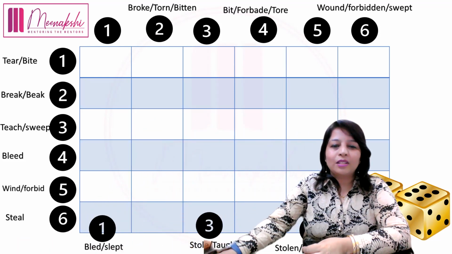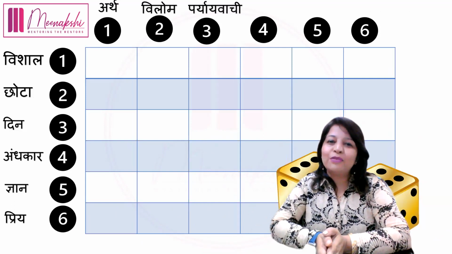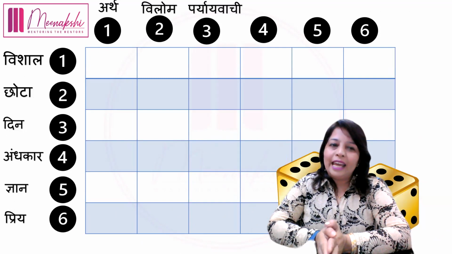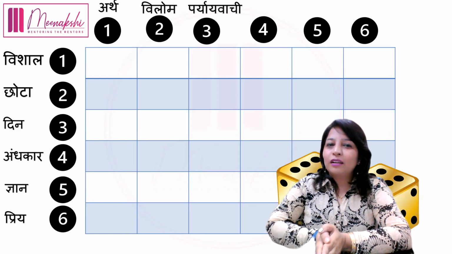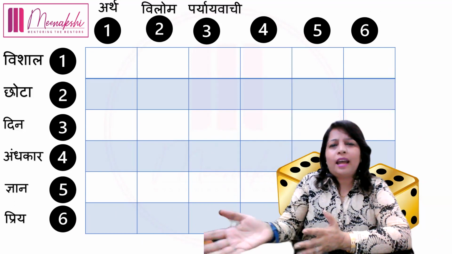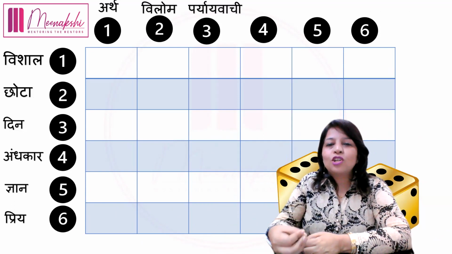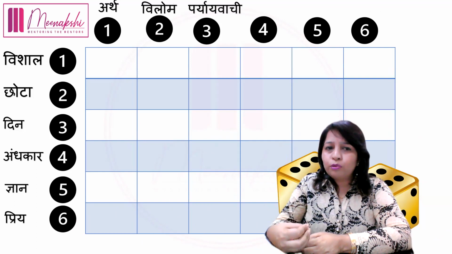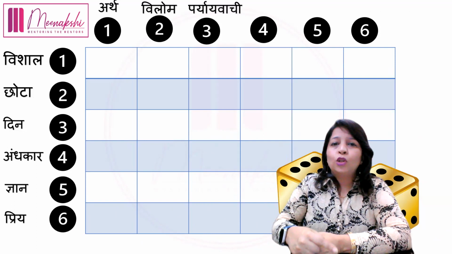So now the next one, देखिए ये हिंदी में जैसे मैंने आपको बोला, ये थोड़ा उसका इजी वर्जन बनाया है। एक तरफ मैंने कुछ शब्द लिखे हैं, विशाल, छोटा, दिन, अंधकार, ज्ञान, प्रिय, और दूसरी तरफ क्या लिखा है, उसका अर्थ, विलोम, पर्यायवाची, जो भी आप आगे ऐड करना चाहें, वो आप ऐड कर सकते हैं। जब बच्चा डाइस थ्रो करेगा उसके बाद में देखेंगे, विशाल एक नंबर पे है,